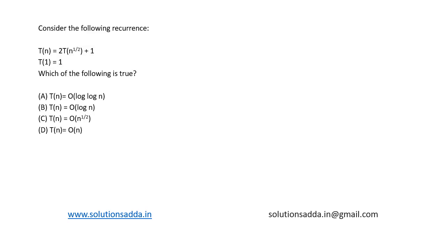This is a question from algorithms. We are given a recurrence relation. T of n is equal to 2T of n to the power 1 by 2 plus 1, and T of 1 equal to 1. And we are asked to find out which of the following is true. So let's try to solve this recurrence relation. Given T of n is equal to 2T of root n, that is n to the power 1 by 2, plus 1. Solving it through the iteration method, we can write it as T of n to the power 1 by